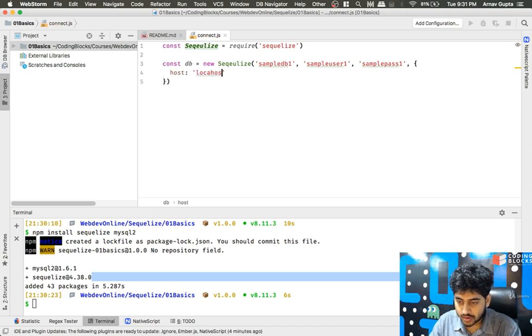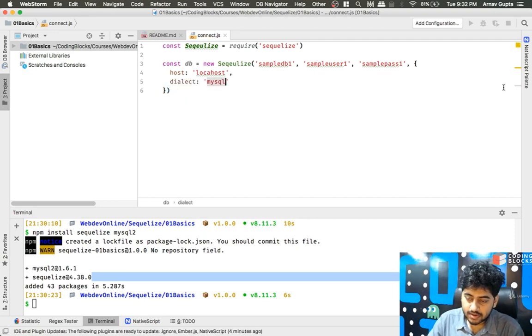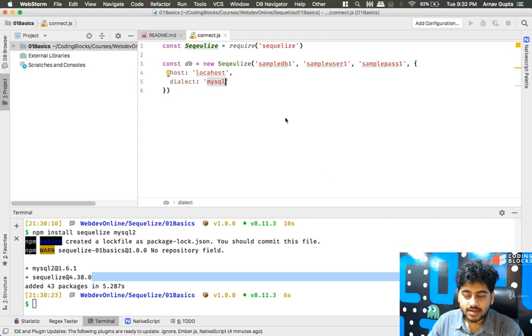It's going to be localhost, and this dialect is very important because giving this dialect option is what tells Sequelize what type of database it is, because although all SQL databases follow similar SQL syntax, there are tiny differences here and there. For example, auto increment in MySql is serial in Postgres, so those differences are there. We need to tell Sequelize what type of database we are using, so it will create the SQL queries in the appropriate way. Okay,